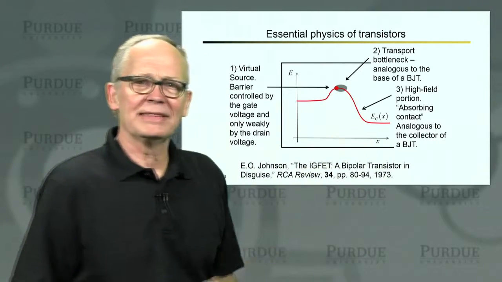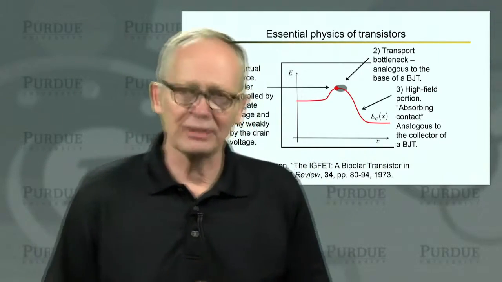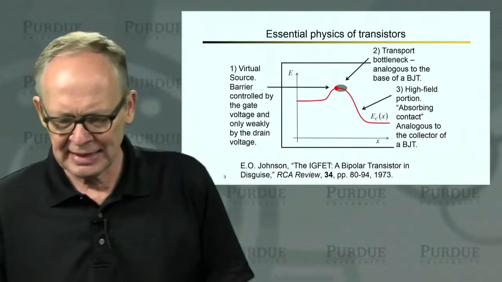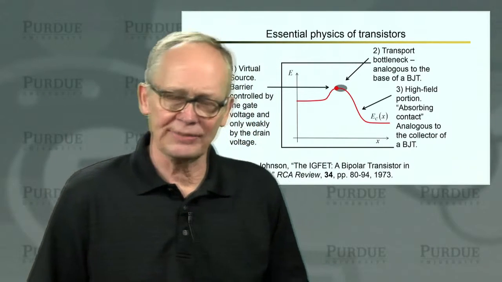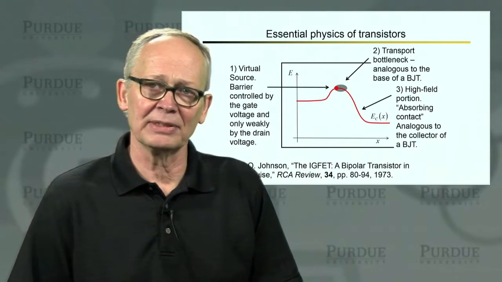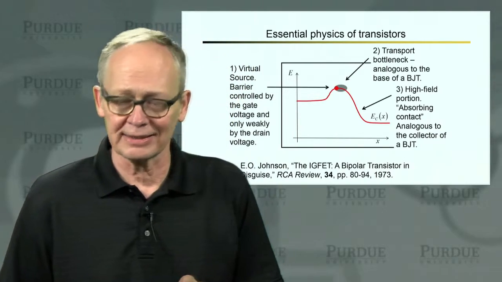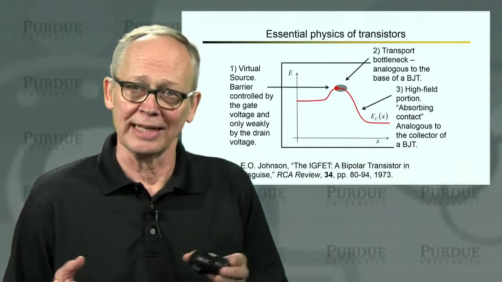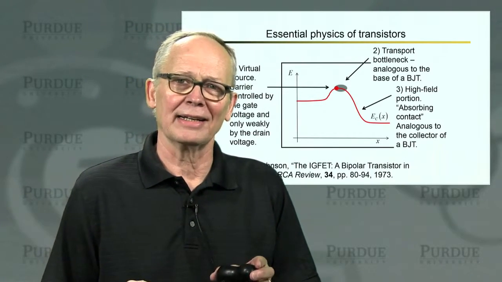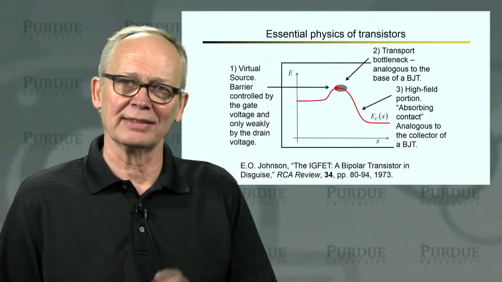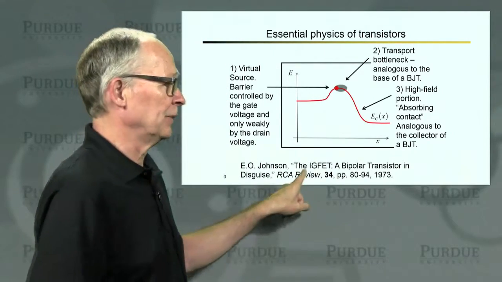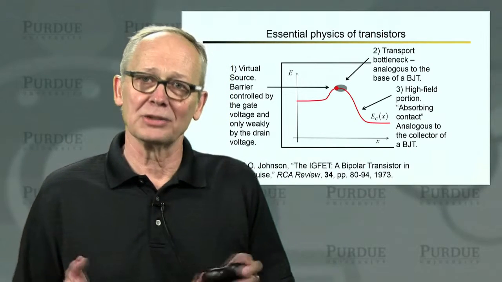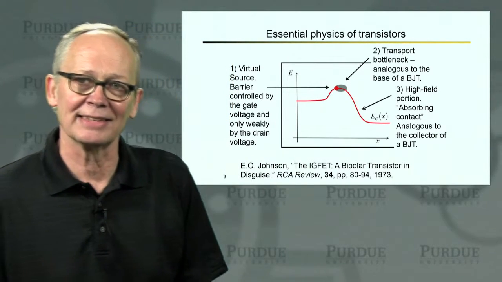So this is a very simple conceptual picture that illustrates the operating principles of transistors, whether they're long channel or short channel. And you know, when you take a course in MOSFET theory, sometimes you can get all tied up in some rather complicated mathematical analysis. Sometimes it's all based on diffusive transport models that are even questionable at the nanoscale. And you can lose track of how simple the operating physics of this device actually is. This is something that's been known for a long time. It was first pointed out in a paper that is still worth reading, a paper that was published in 1973.